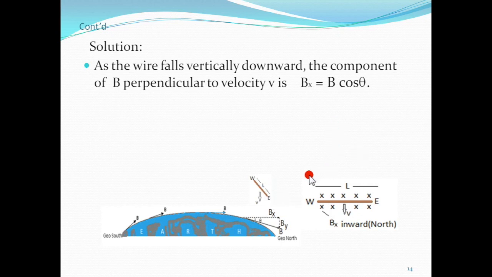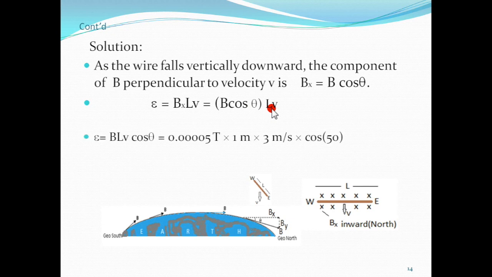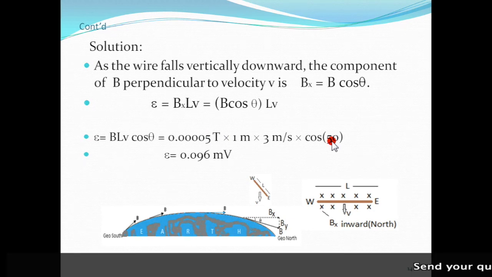ሮድ ከላይ ወደ ታች ኢስት ዌስት ስትሬች አድርጎ ከላይ ወደ ታች እንደዚህ ፎል ቢያደርግ magnetic field-ን perpendicular ሊካት የሚያደርገው bx ኮምፖነንቱን ነው። bx ኮምፖነንት ደግሞ በምን ይገኛል? b cos theta ነው የሚሆነው። ይሄን በባለፈው በደንብ ጥንቃቄ እንድናደርግ ነግሬያችኋለሁ። b እና v motional EMF ስንሰራ b እና v perpendicular ሊካት የሚያደርጉትን ኮምፖነንት መውሰድ አለብን ማለት ነው። ስለዚህ bx lv እንላለን b cos theta times lv and then what else. BLV cos theta 0.005 t 1 3 cos 50 ብናደርግ we get 0.096 ቮልት ይሆናል ማለት ነው።